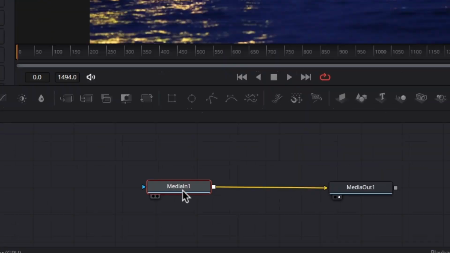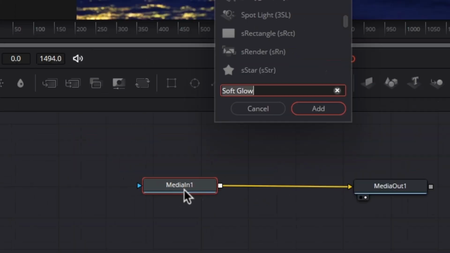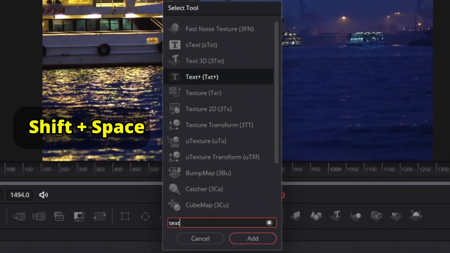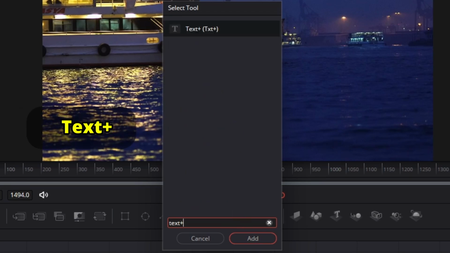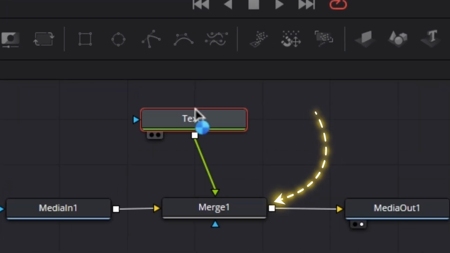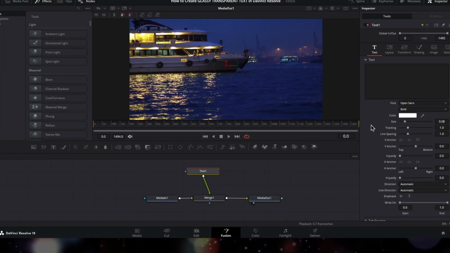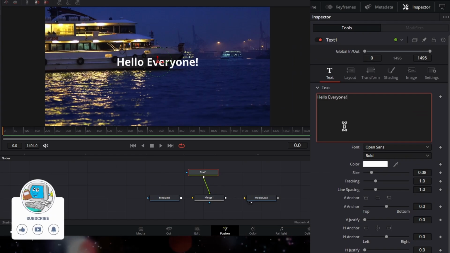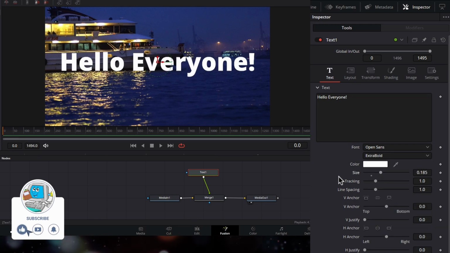to the Fusion page. Now select the media in node, then press Shift Space on your keyboard to bring the select tool menu. Here search for Text Plus, then hit add, and now it will automatically add a new merge node. Now select the Text Plus node, then go to the Inspector tab to modify the different text parameters, and now